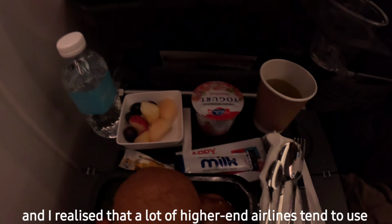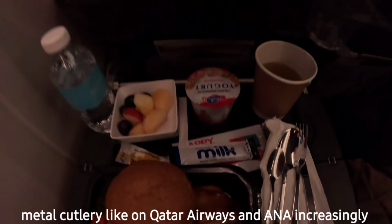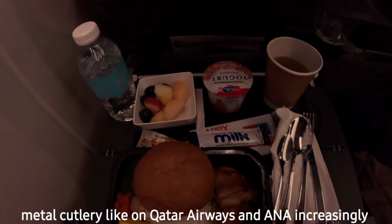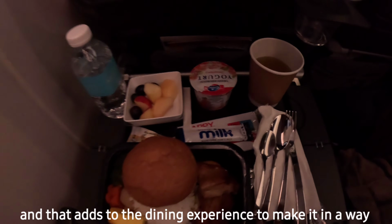And I realized a lot of, I'll say, high-end airlines tend to use metal cutlery like Qatar Airways. A&E increasingly have been using metal cutlery in their economy class meals, and that adds to the dining experience to make it in a way a bit more